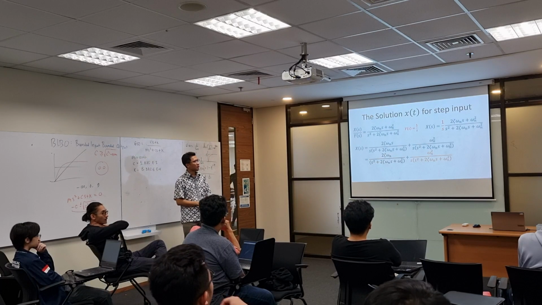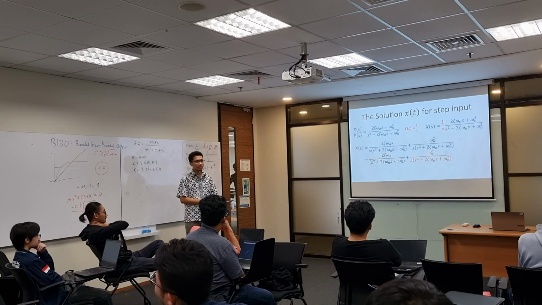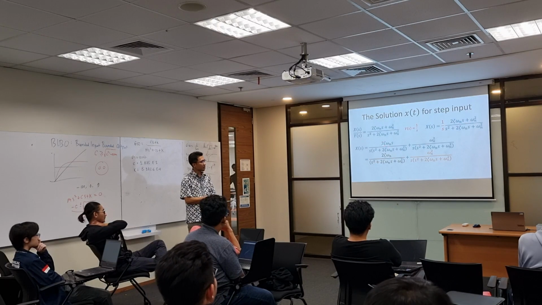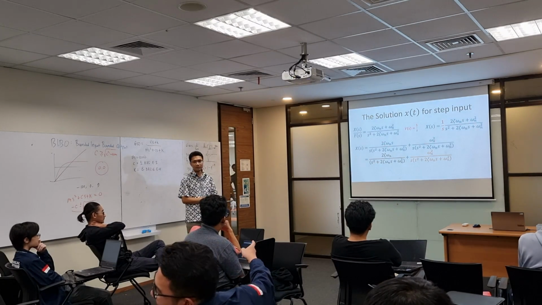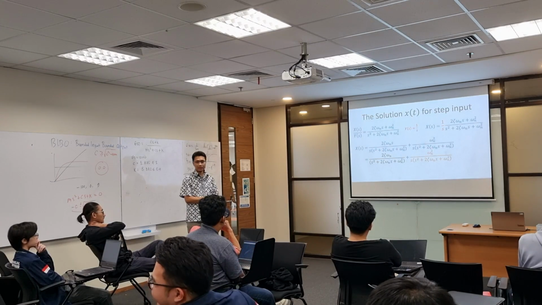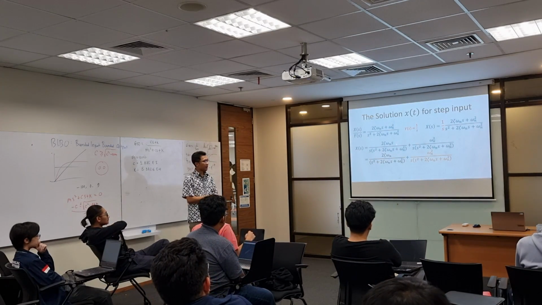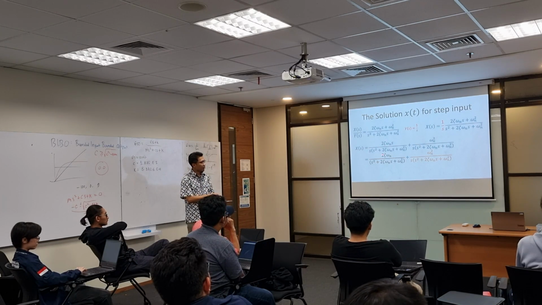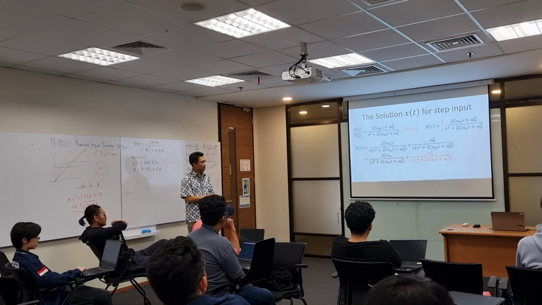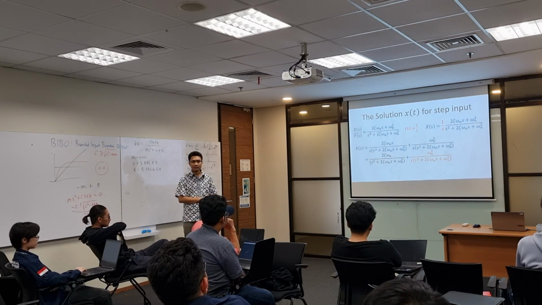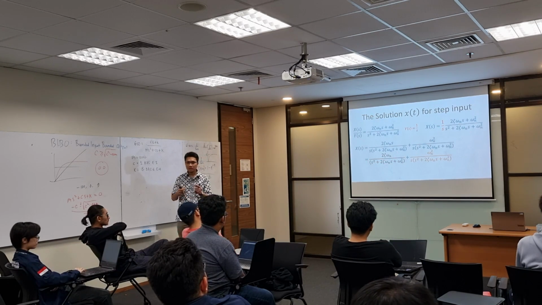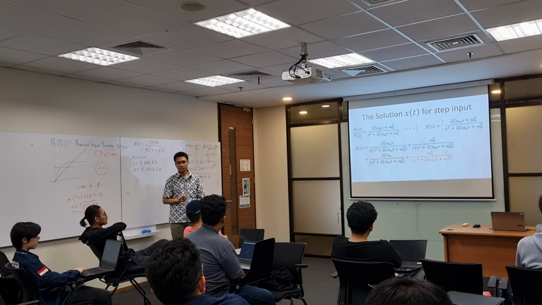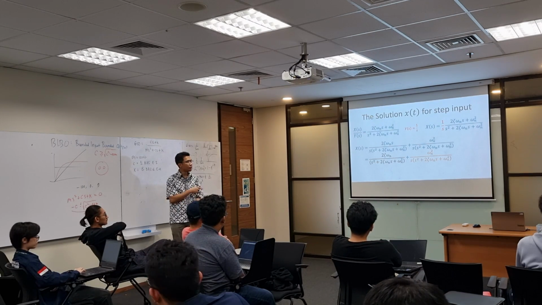Then further I divide the two terms. I have 2 zeta omega n s over here, and then I have omega n square over here. The bottom part is still the same. I just separated the numerator. Because the left term has s on the top and s here, I can cancel it, and then we return with this. So the left term is just second order, but the right term is third order. So how do we solve this?